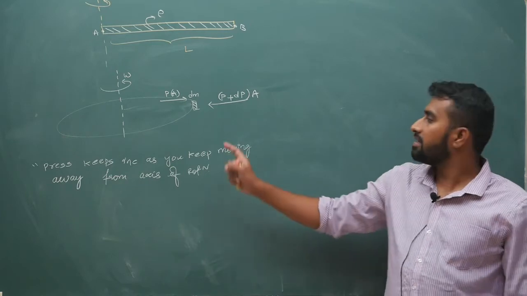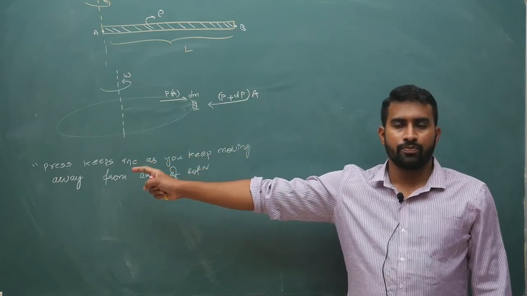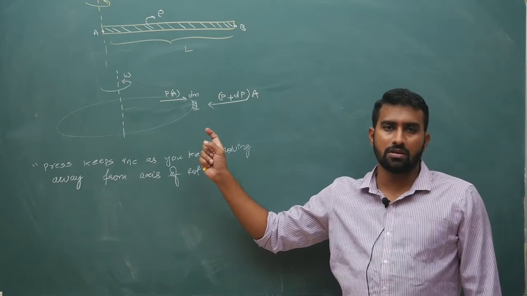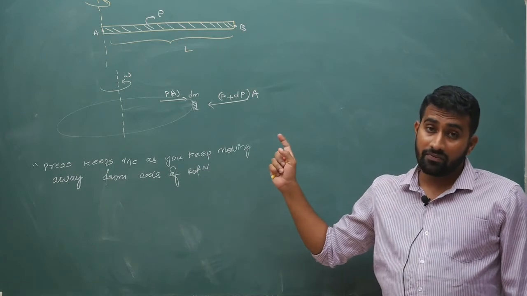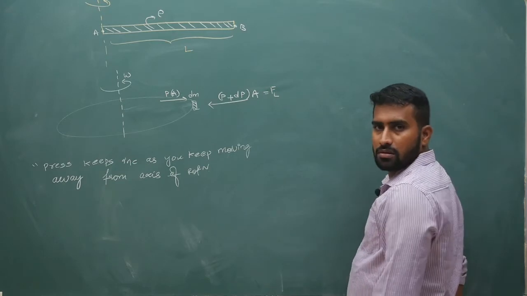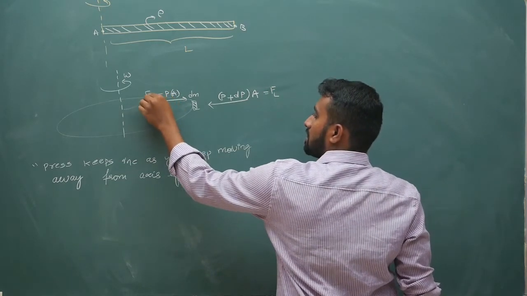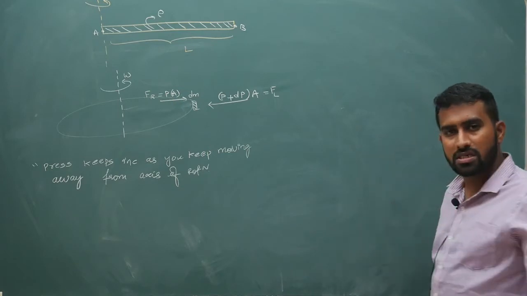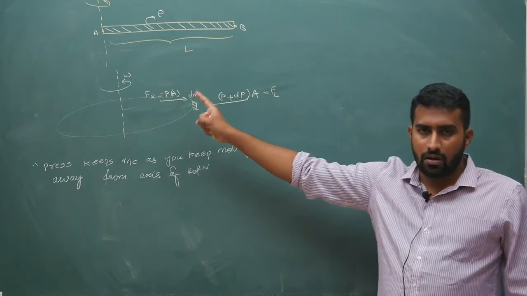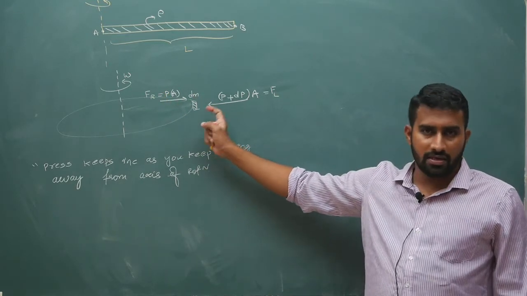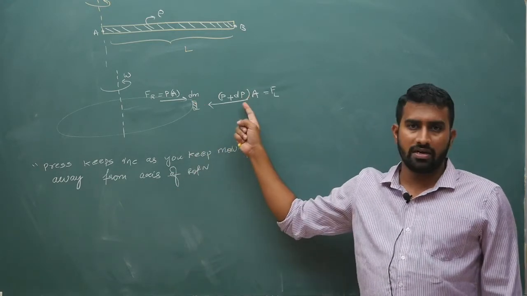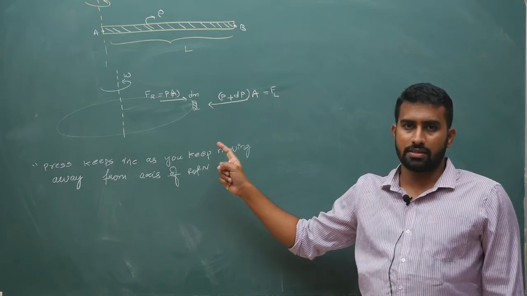So to make my net force towards center equal to centripetal force, I am keeping more force, P plus dP, on the right. This is your force towards left, this is your force towards right. Force is pressure into area. So on this rotating liquid column or tube, I am taking a small elemental strip, and I have tried to convince you that as you keep moving radially away, pressure will increase.